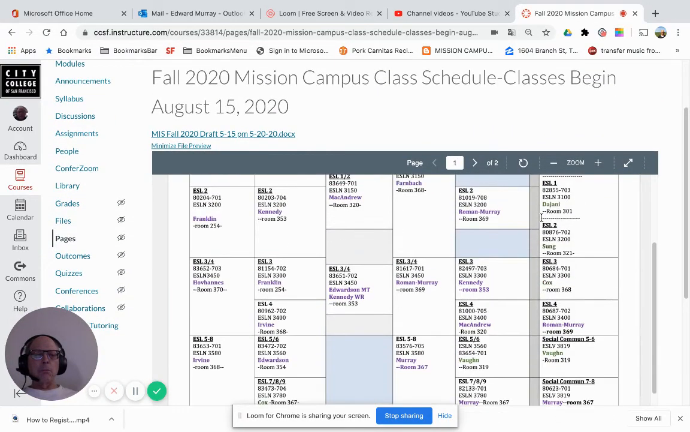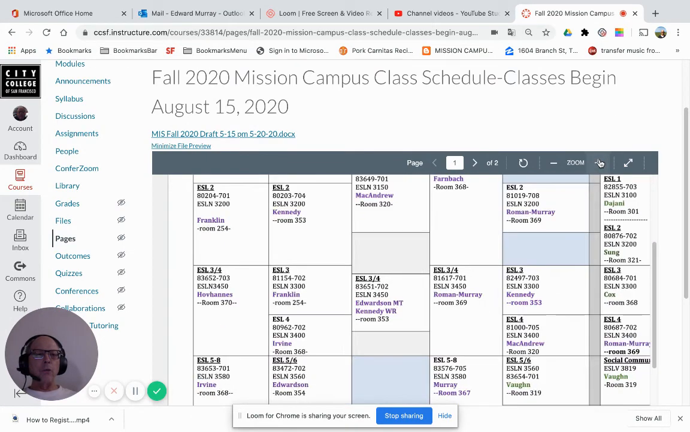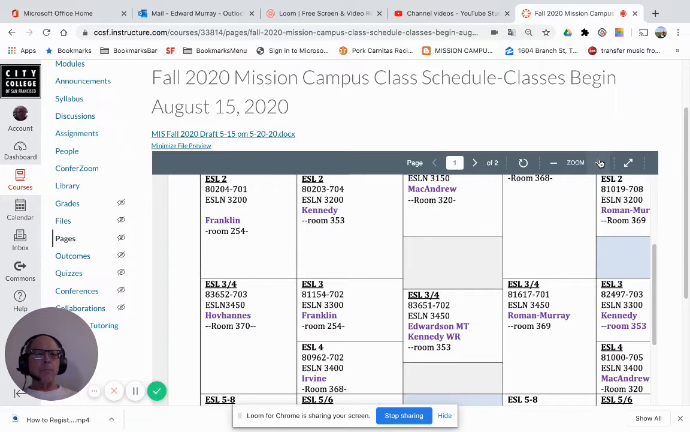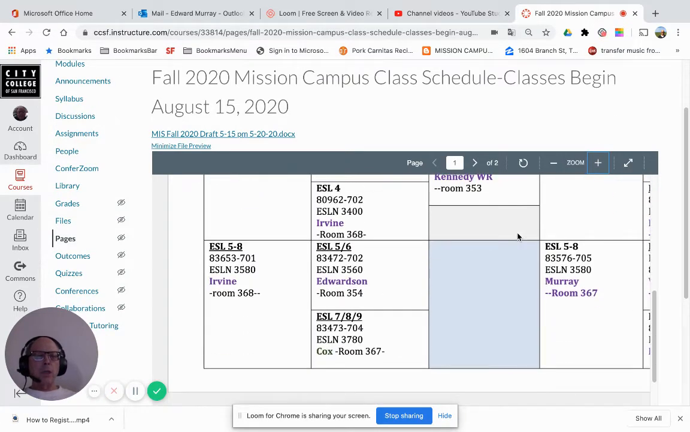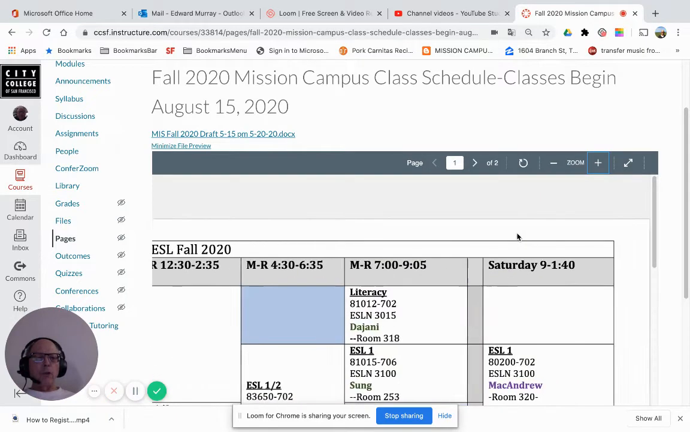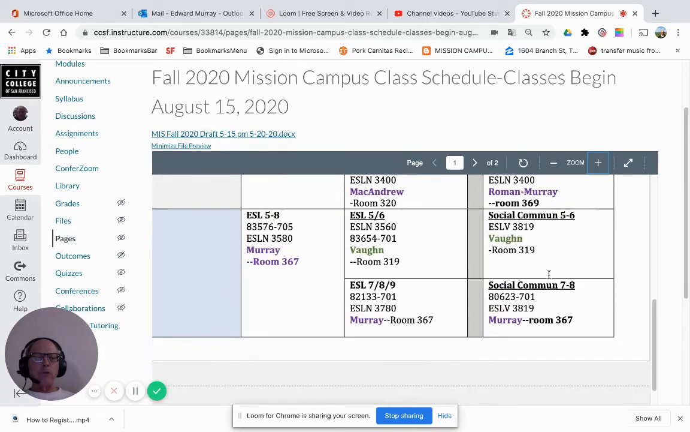So let's start. Let me zoom it in so that you can really see these numbers well. Okay, so that should be good. So the first one we're going to look at is the Saturday class. And the Saturday class meets from 9 a.m. to 1:40. The first three lines are